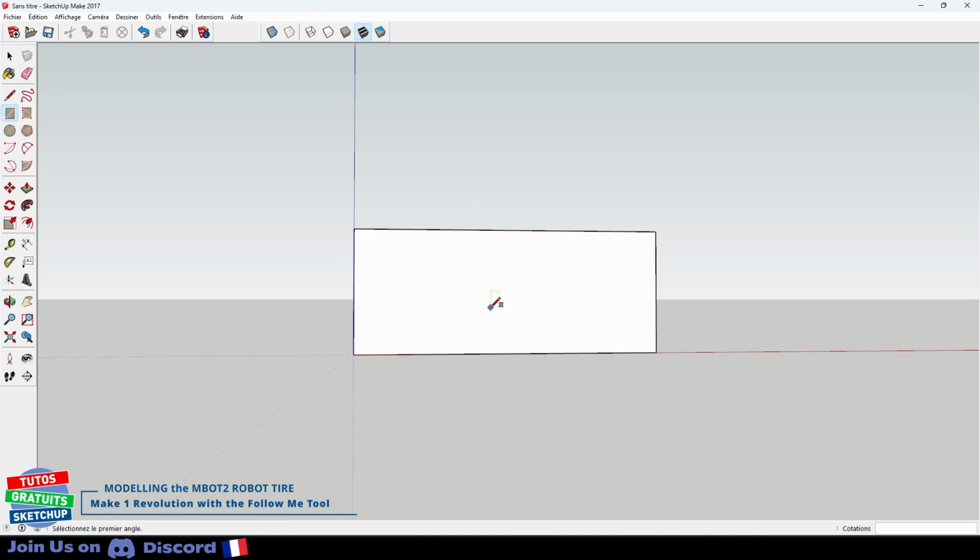Now I'm going to draw guidelines. So this is the tool here, the ruler, or just T on the keyboard. These guidelines are construction lines that will help me draw my profile. I draw one parallel to the edge that is on the left. I click on it. I move to the right. I click anywhere. It doesn't matter.